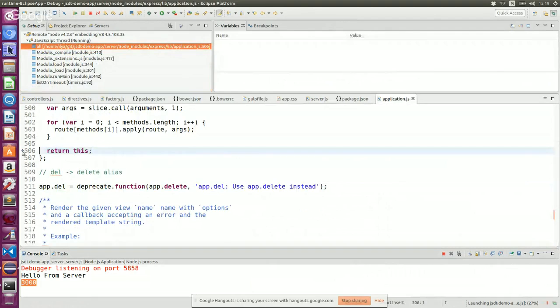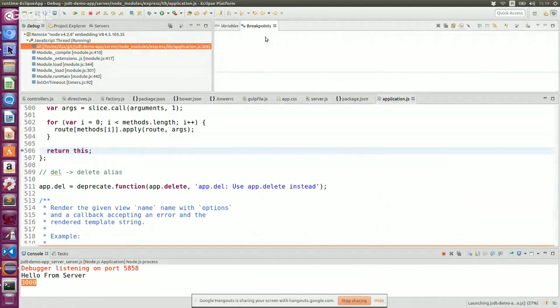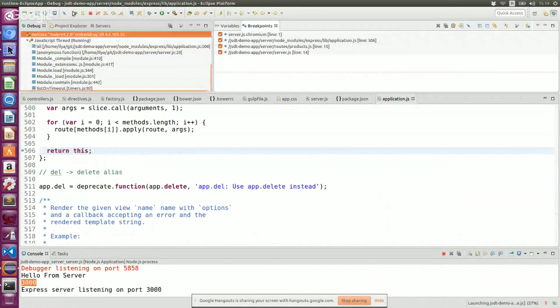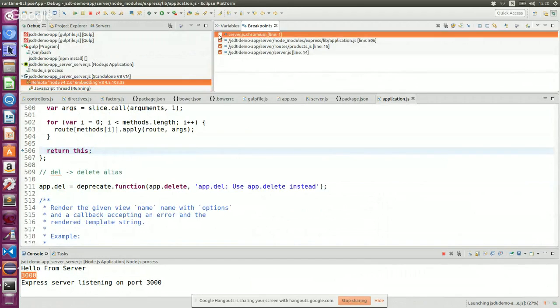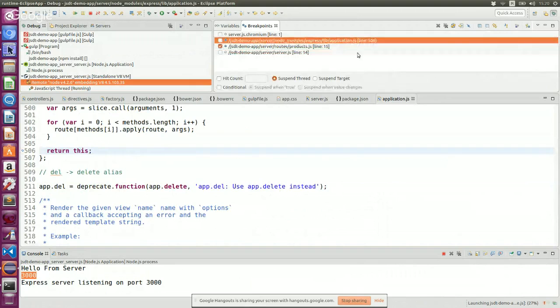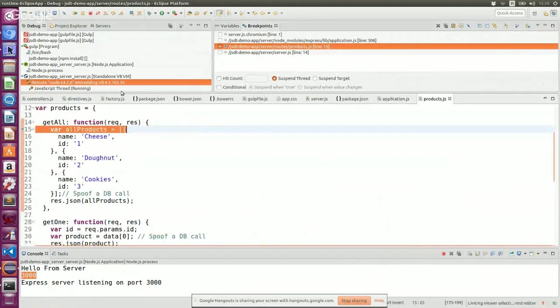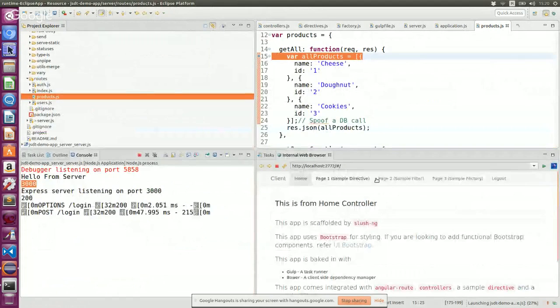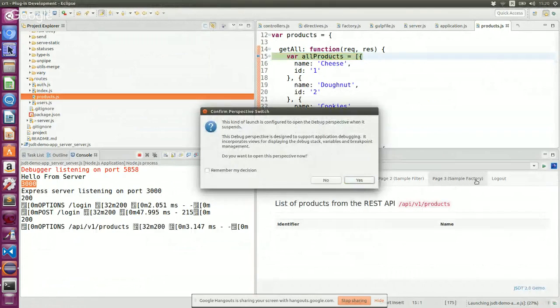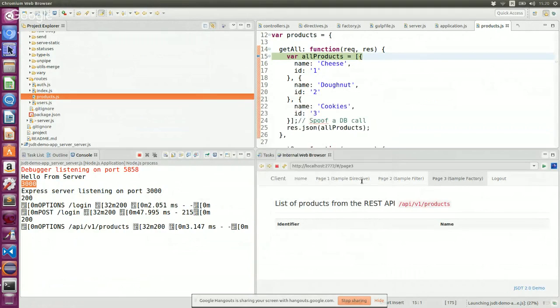I have some breakpoints here also, but I would probably skip it. I leave only the one on the product.js file. So if I now log in and go to their sample factory, which makes a get HTTP request, you'll see